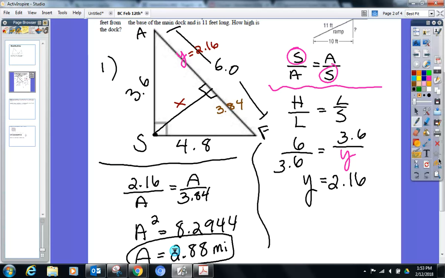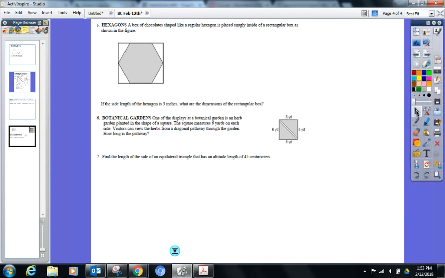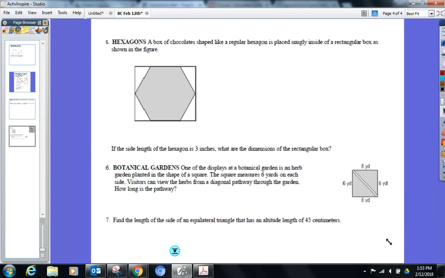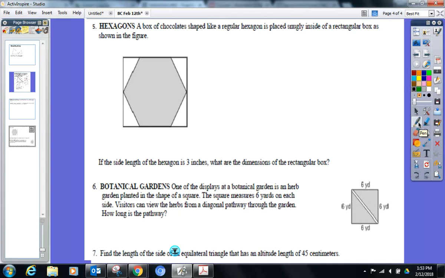Anything else? Good question. Okay, I'm going down to the hexagon problem 5. Blow this up so I can. Two reasons why I love this problem. One is it's going to review a special type of right triangle we need to review. And the second is it uses the word snugly. Which I don't know how often we see in a math problem. It will not be the last time you see the word snugly either this year. If you're wondering, those box of chocolates, snugly inside the rectangular box. All right, now that we've gotten over our snugly obsession,